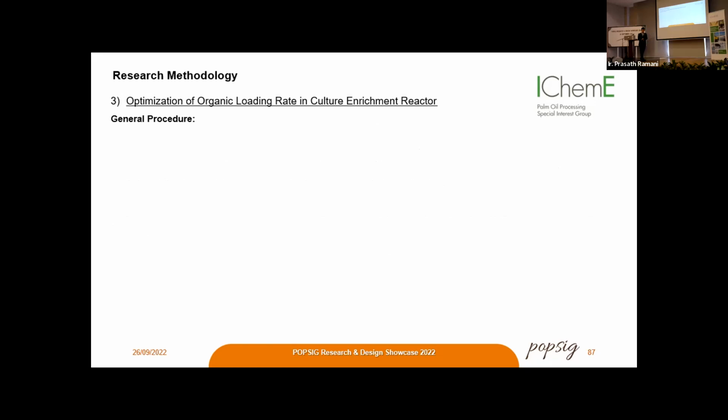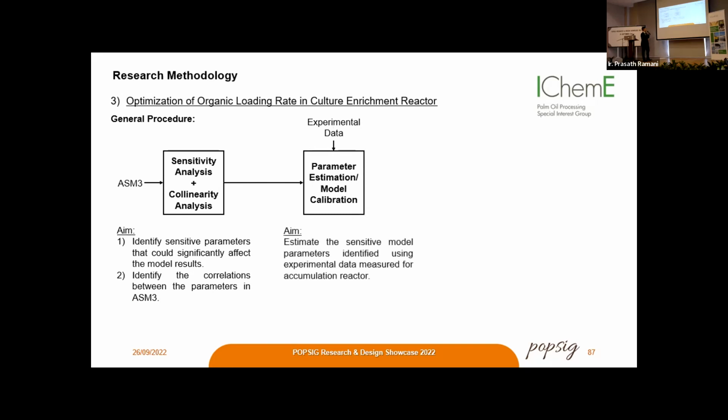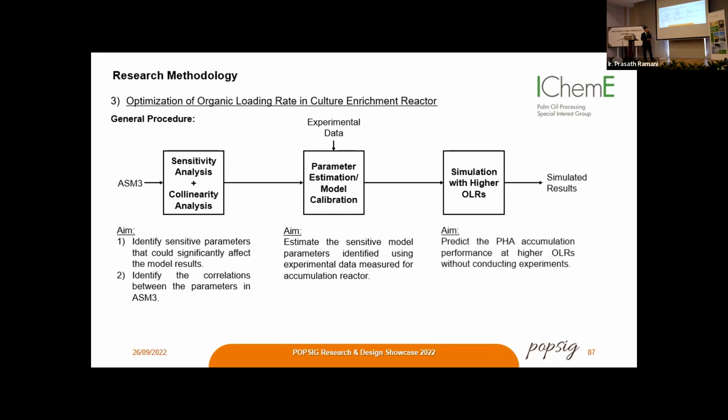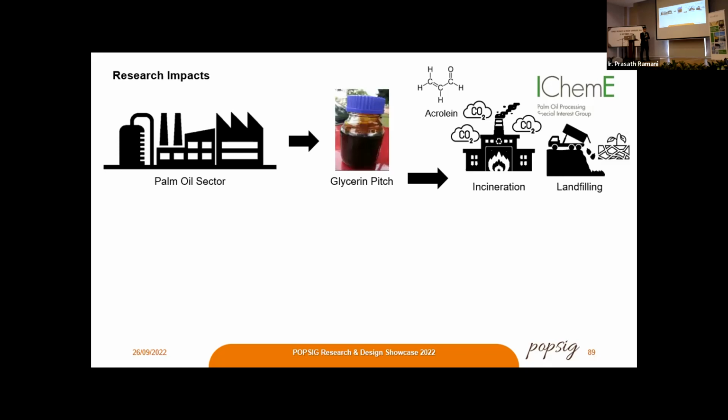A general procedure of the optimization study is that, number one, ASM3 will be set for sensitivity and collinearity analysis to identify sensitive parameters and correlations between the parameters in ASM3. This is followed by model calibration using experimental data to estimate the sensitive model parameters identified in the first step. Then, the calibrated model is used for simulations at higher OLRs to predict the PHA accumulation performance at higher OLR without conducting any experiments. Moving on to the research impact,